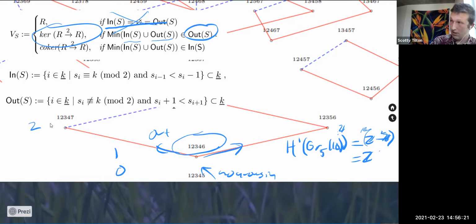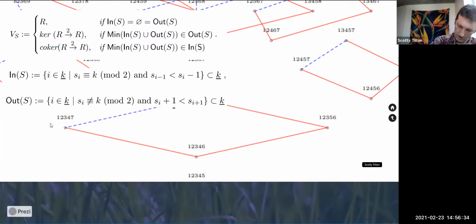Whoa, did I do that right? Yeah, I think I get Z mod 2. No, the kernel is 0. I may have tried to rush a little too quick there at the end, but I hope